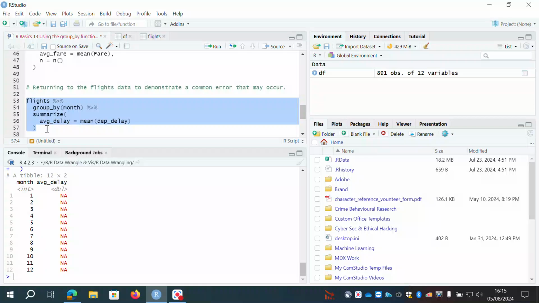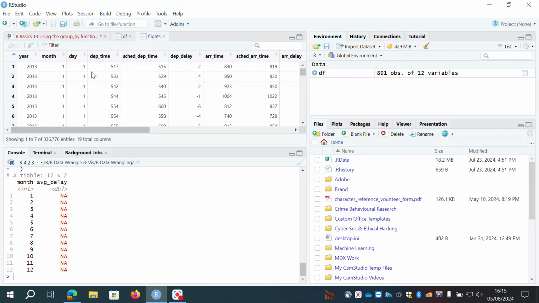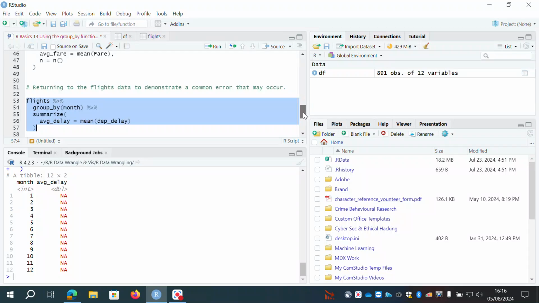I've not saved it as a separate object again, but what we're seeing is it's returned this table, and it's returned 12, obviously 12 rows, one for each month, 1, 2, 3, 4, 5, 6, 7, 8, 9, 10, 11, 12. But in terms of the average delay, it's returned NA, not a number, or missing essentially, for every single month. But just by looking at that, we know we've got some values for like month 1, 2, 4, 2. So what's going on here exactly is